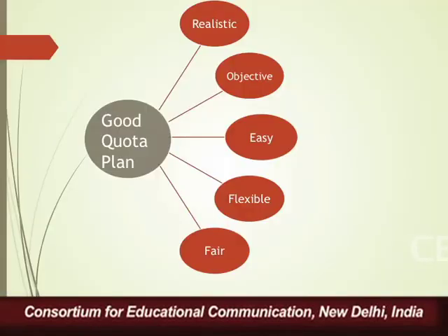Another guideline while you are fixing the quotas for the sales representative is that they should be very easy to understand and administer. Unless a quota is clearly comprehensible, you cannot expect the sales force to work on its attainment. So if you are making a very complicated quota by combining different kinds of targets, and this is a very complex plan that you present to the sales force, then they are not going to appreciate it. They are going to be really suspicious about the whole activity.